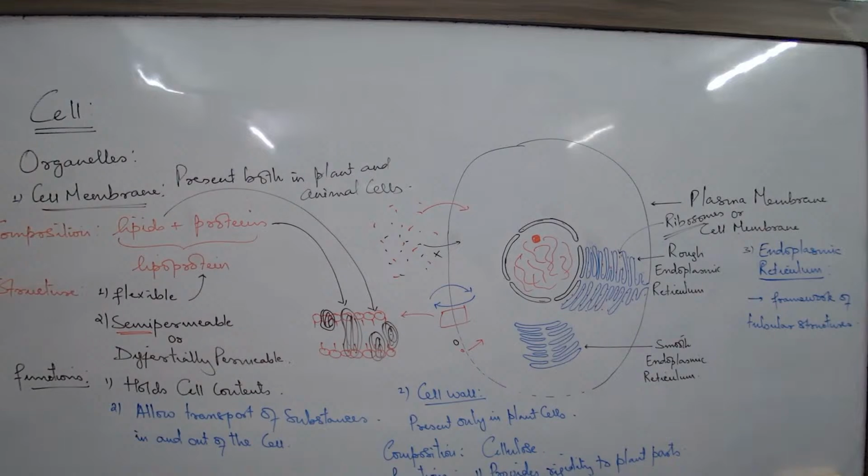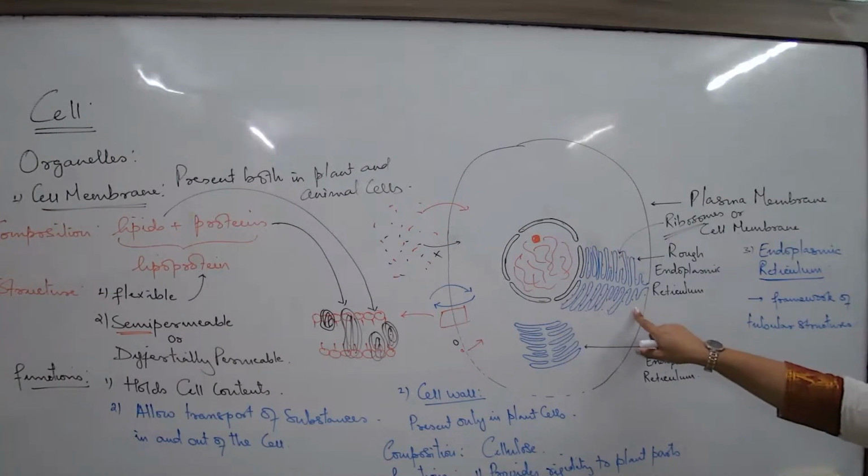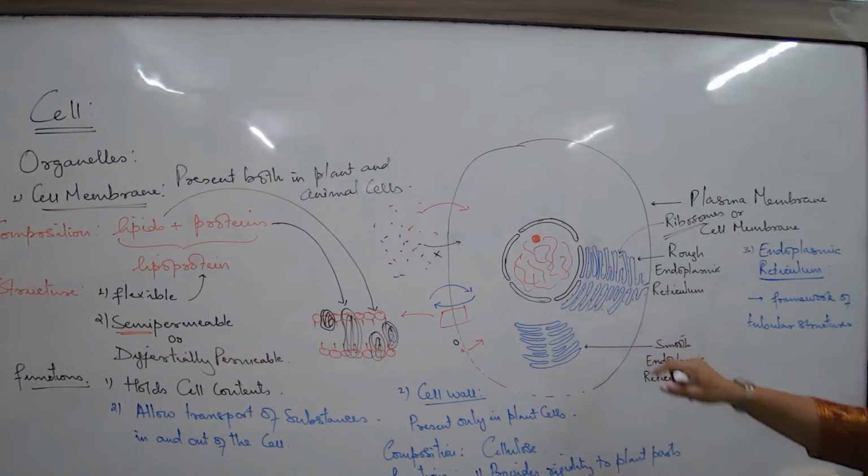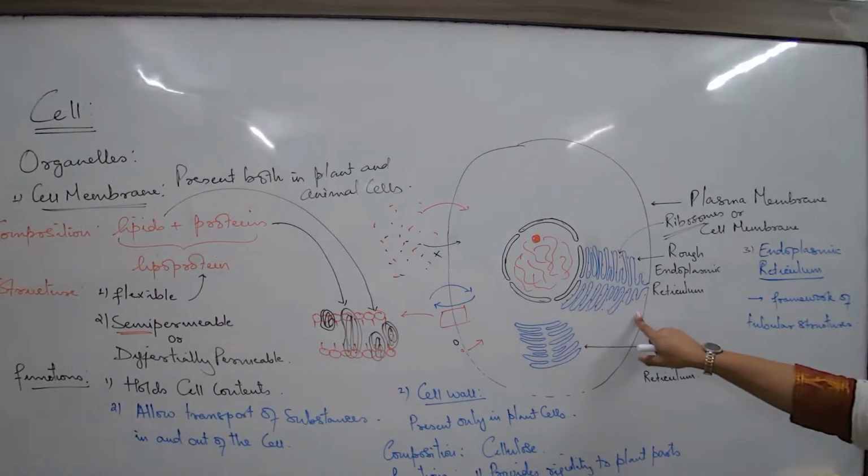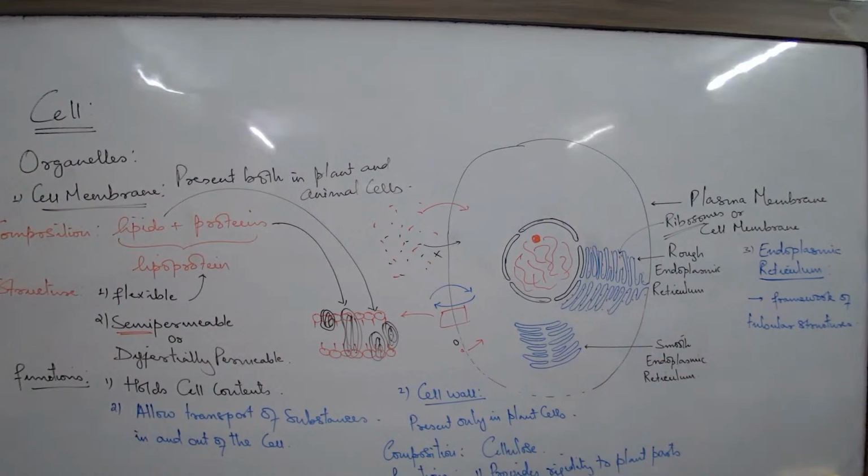For example, if I talk about the muscle cells, they require too much protein. From where protein? Ribosomes are always meant for producing protein. The muscle cells require too much protein because constantly we are walking, running, jumping, talking. So the muscle cells require a lot of protein. So this RER will be majorly present in the muscle cells, stomach cells, intestinal cells, where protein is required in